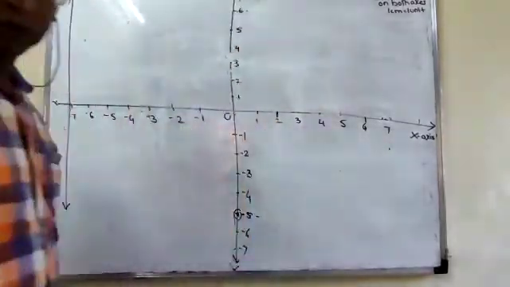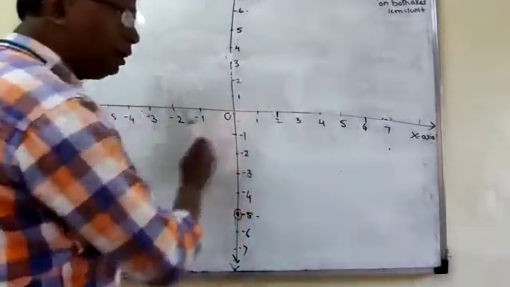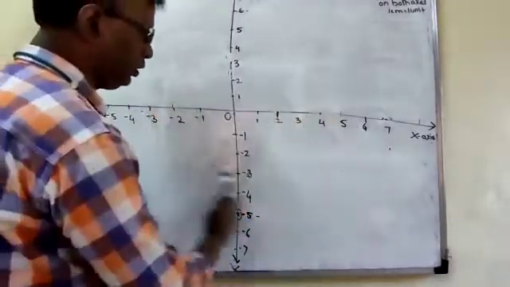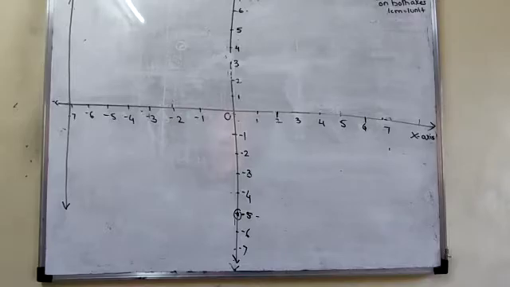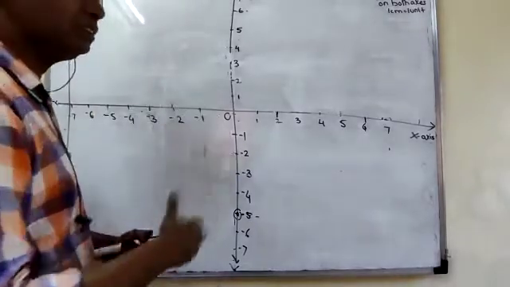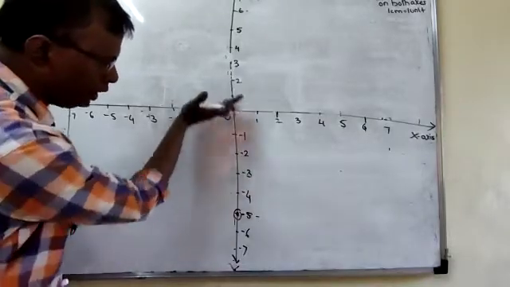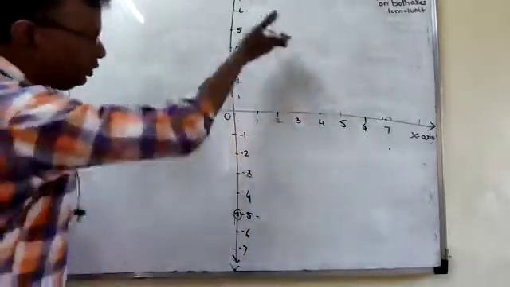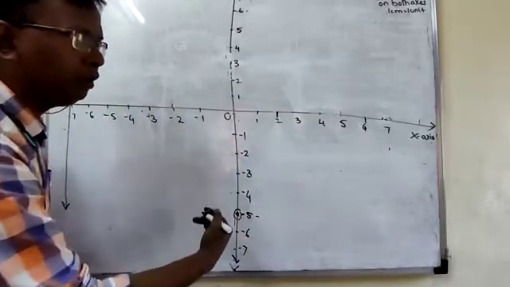Now the third question is given. Write the equation of the line parallel to the x axis. Now you have to draw a line parallel to which axis? Means the line will be here or here somewhere else. Now we'll see the further question: write the equation of the line parallel to the x axis at a distance of 5 units from it below the x axis. Below means here, the line is parallel to the X axis, it will be here or here, but they said below the x axis, so here. And below how many units? 5 units.